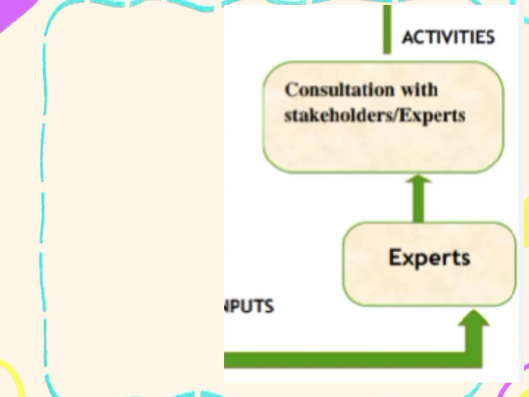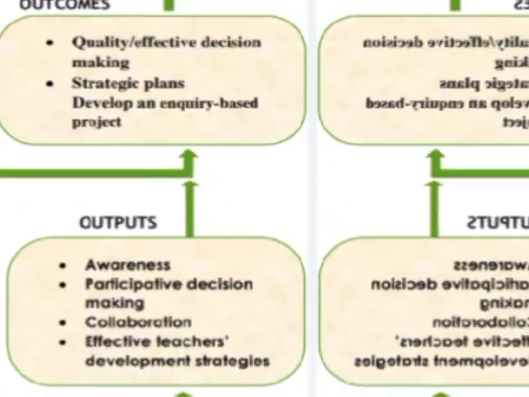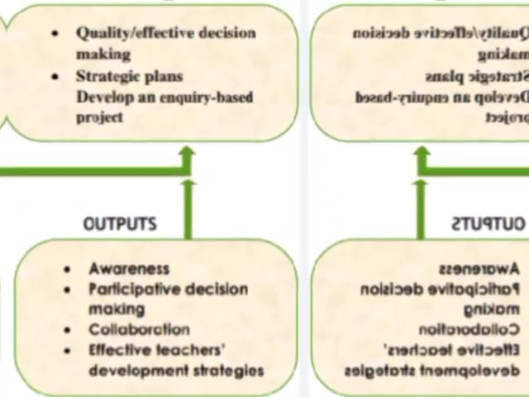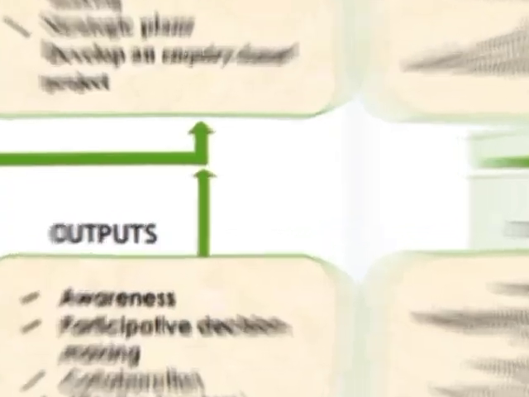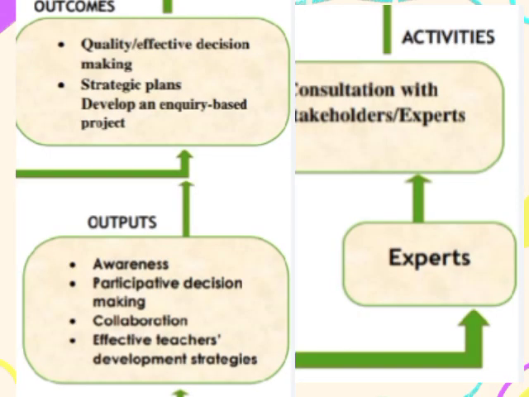So it's like accepting school aid programs from different organizations, rolling out plans to maintain access to education, and pushing for alternative education. So the outputs are the awareness, improved health habits and individual social awareness, participative decision making, collaboration, effective teachers development